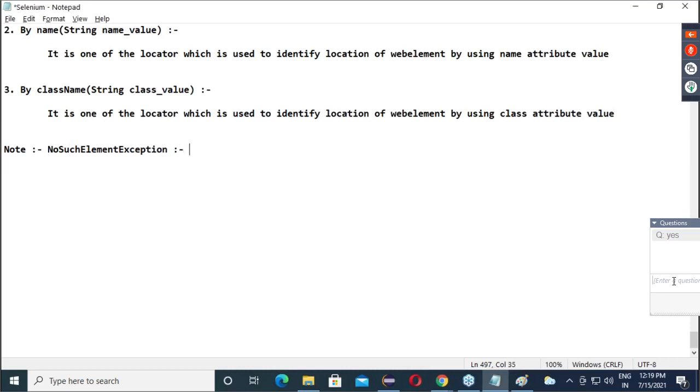So guys, here, what is the answer of this?